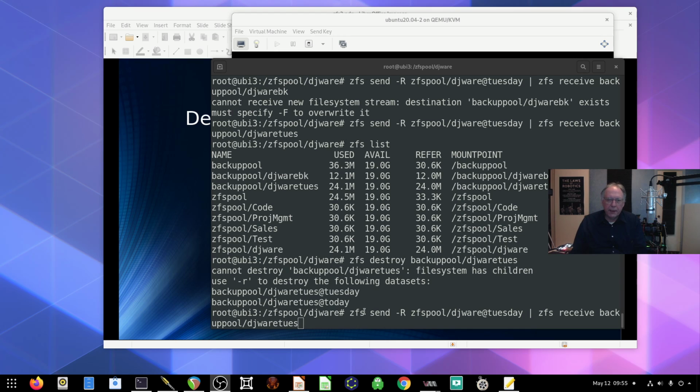So what I'm going to do is, now I've already done this command, I just wanted to make sure it was going to work. So I'm going to send, now this will send all of the pools to the system. So this would be a full backup again. So this is sending both Tuesday, and it also is going to send the snapshot for today. So it's going to do both of those, and it's going to send those over to a new data set